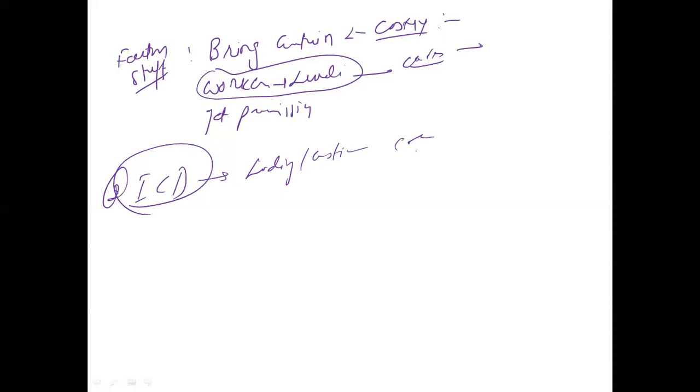So better you complete all the customs-related formalities at the ICD, and the ICD is somewhat near, for example 10 or maximum 15 kilometers away from your factory. So it is better to visit that ICD and complete all the export formalities. That way you can save a lot of money. Second, if you face any difficulty while stuffing the goods, you can manage the situation. 10-15 kilometers is not far away. So if you need to replace any product, you can replace it very well. As well, you can bring your labels to that ICD, and they can also manage.